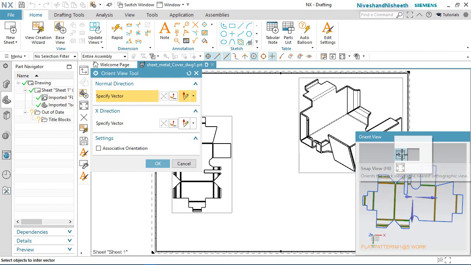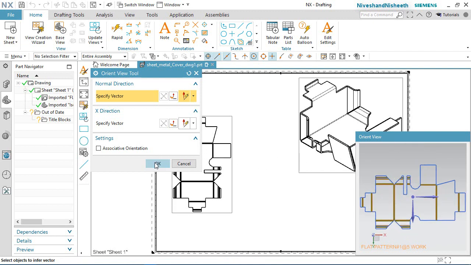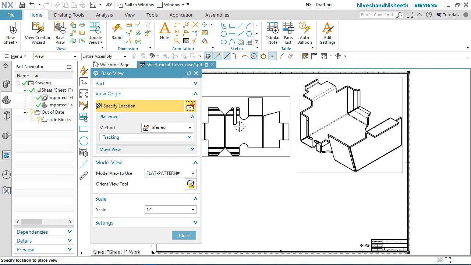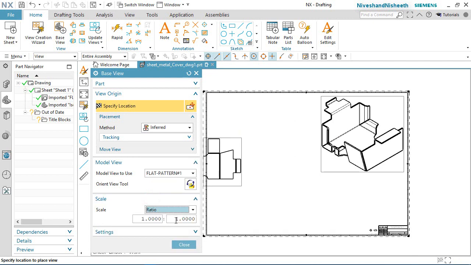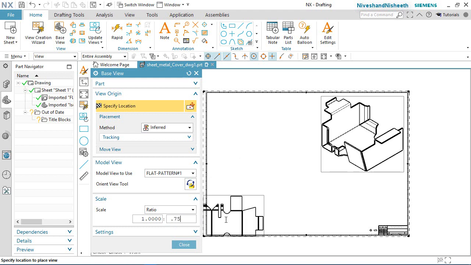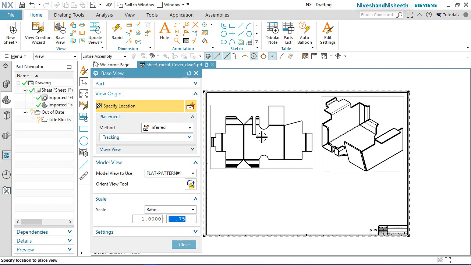Click snap to view button. OK. Now flat pattern view is rotated here. Choose ratio scale and select the 1:0.75. OK. Place the view.